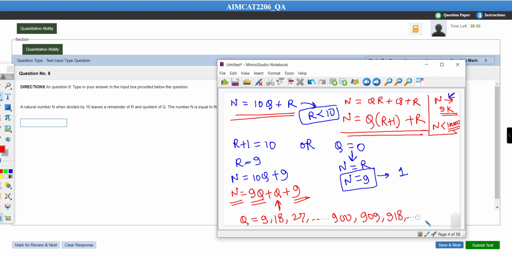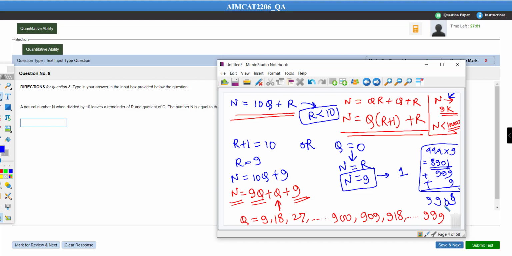Okay, so if I take 999 into 9, 999 into 9 is how much? Let me do this. 999 into 9 is going to be 9000 minus 9, that is equal to how much? 8901. Plus 999 and plus 9, this addition, will it be less than 10,000? Let's have a look at it. This addition is going to be 9909. Is it correct?